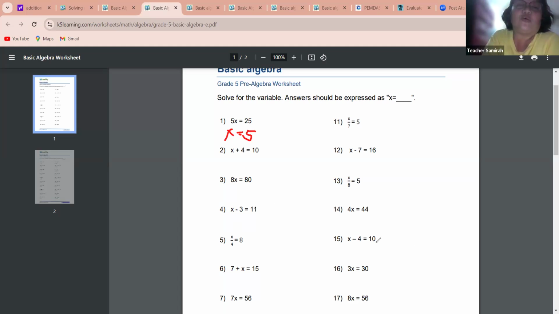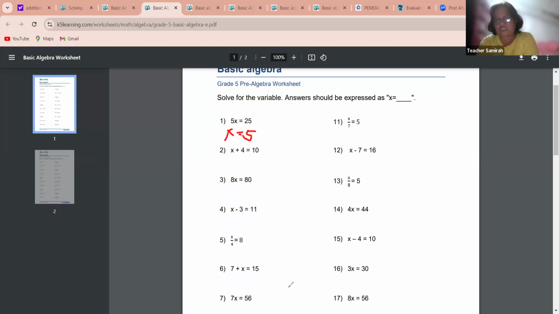And then number 2. Number 2 involves addition or subtraction. When we have this kind of equation, what are we going to do with 4? Because we only need to get the value of x. Therefore, any number within the left side should be removed, and that number should be transposed to the right side. So what will be our answer?